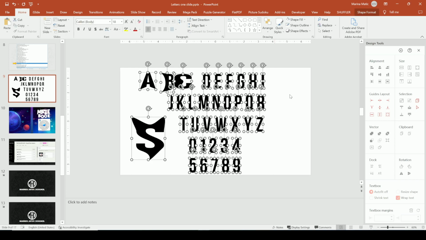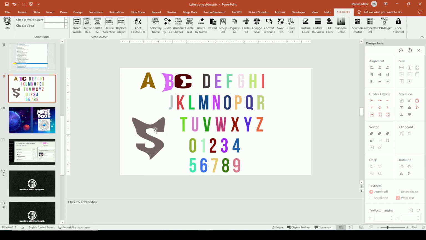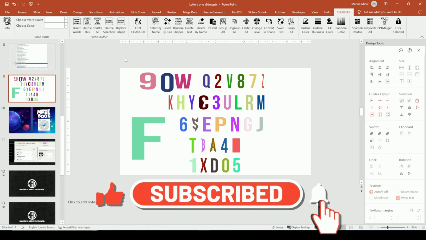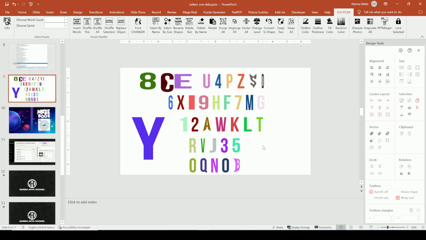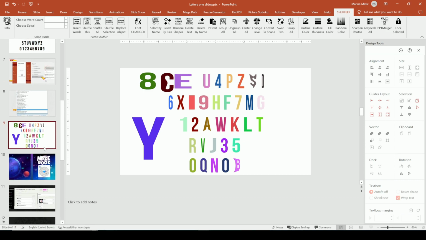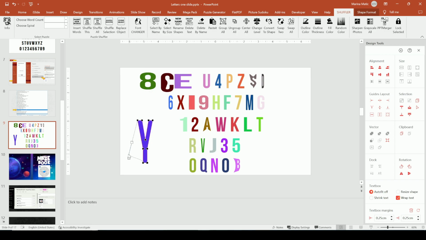This is the feature everyone loves. Where is the Shuffler? Random color. And also let's swap them all. This is how you can create a custom password, by shuffling all the letters as well. Okay, that's it. I hope this was a short quick video to demonstrate how you can create custom lettering inside PowerPoint without any stress. Okay, so this is no longer Y, but